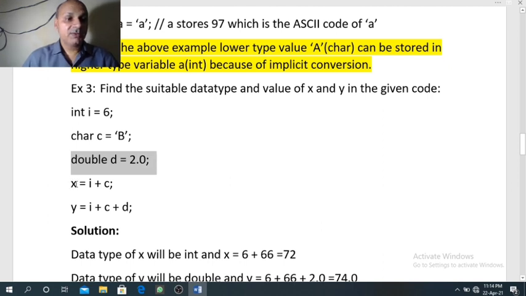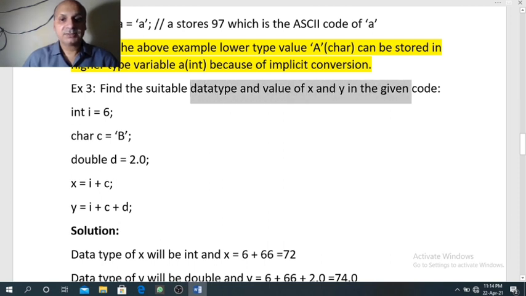Now the expressions we have are x equal to i plus c and y equal to i plus c plus d. So here we need to find what is the data type suitable for x and y, and what will be the value of x and y.